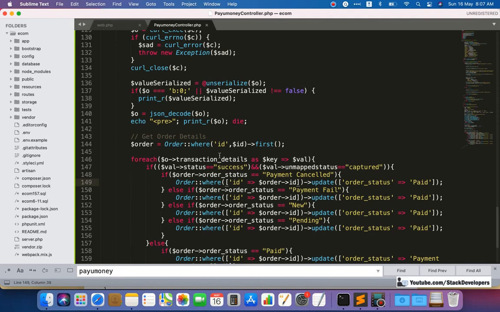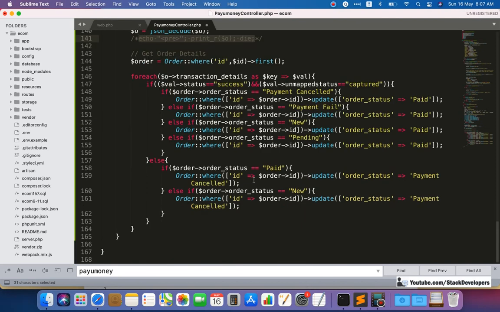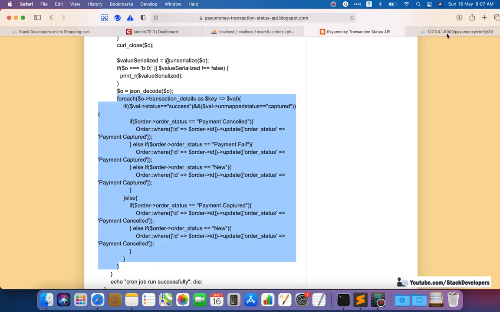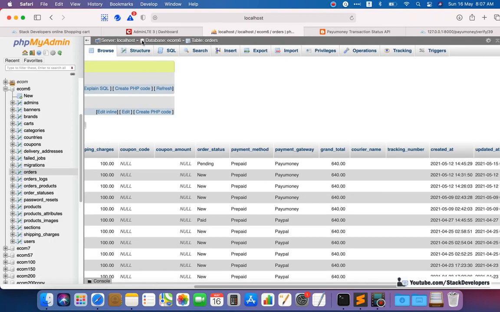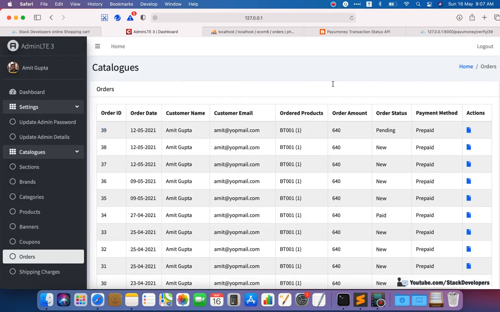So now here the status is paid at the PayUmoney end. I will remove the "die" from here and expect the status to change here. Let's see, the status must be updated to paid after running this API. I'm going to run this API like this. Now I'm going to check here, refresh. Here the status must be paid. Refresh here, see, the status converted to paid. So we were able to update the status back to paid with this API.